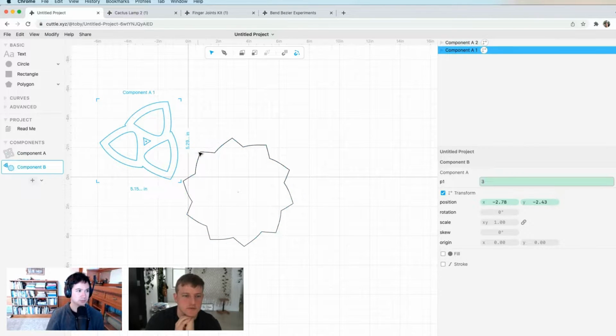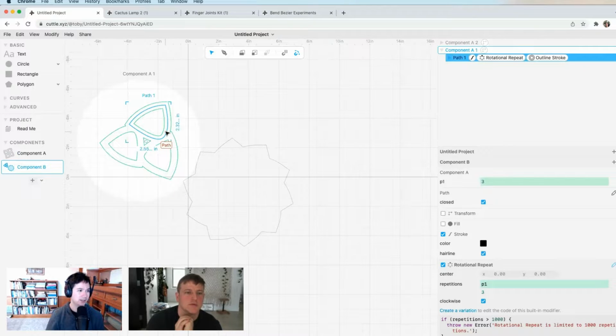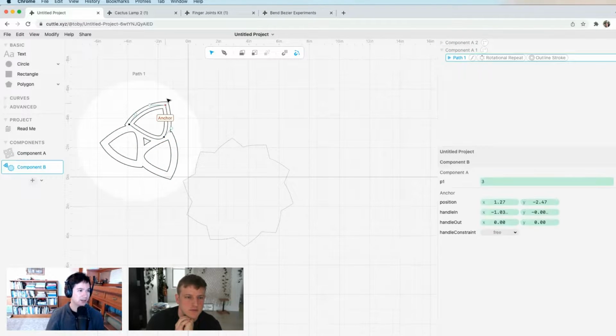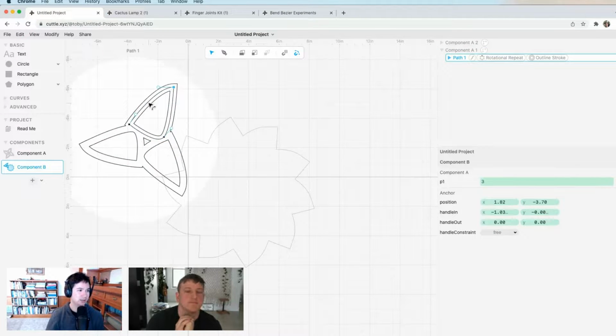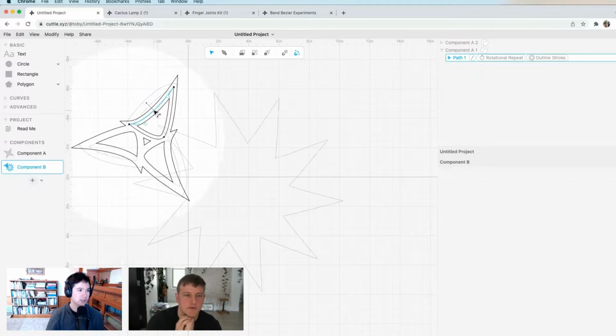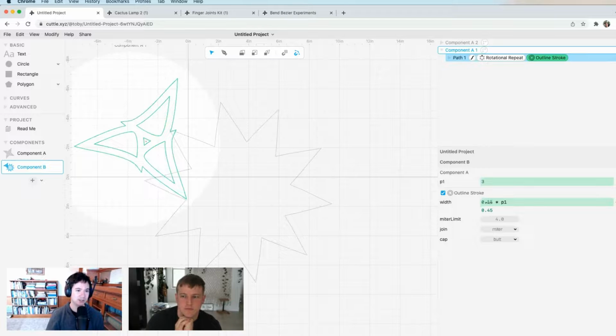Yeah, very cool. Everything is in-place editing. So I can double click this component and then double click this path. And then I'm changing this, but everything changes live. So the idea is that that's what makes it easier to,